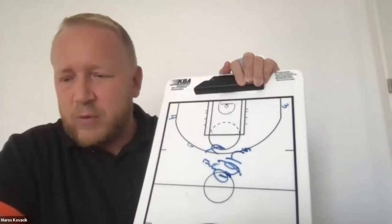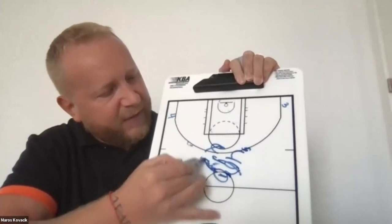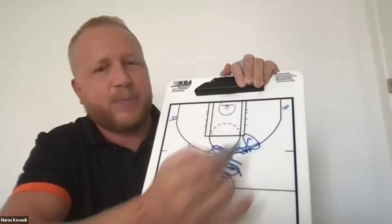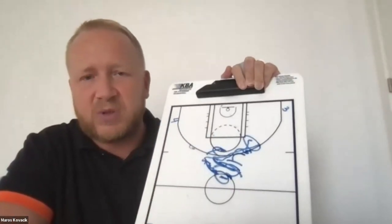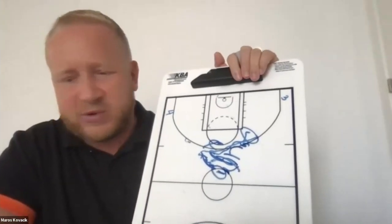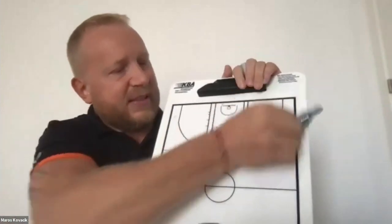I already showed you the handwork, and whatever happens, you just have to follow him. If he snakes, the guard always follows him because he is responsible for the shot, not the post. The post has to be ready just to stop any possible drive. Okay, so this is more or less about these two guards, and now I just want to show you